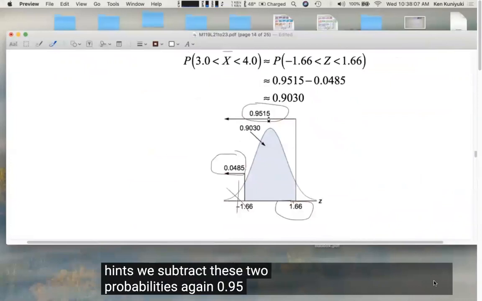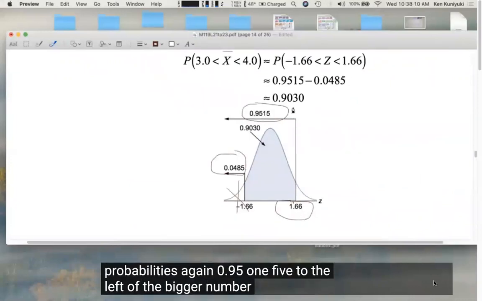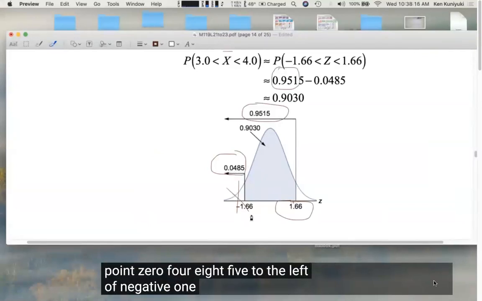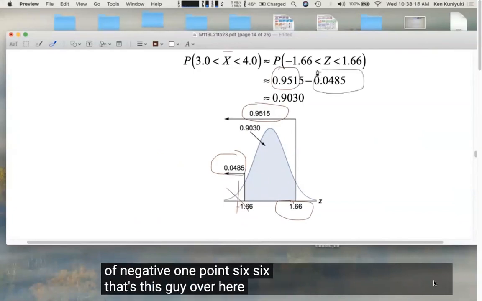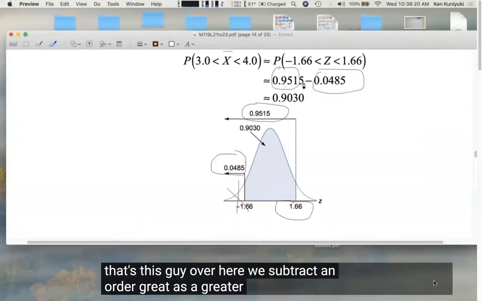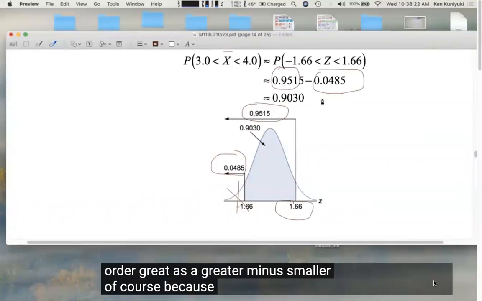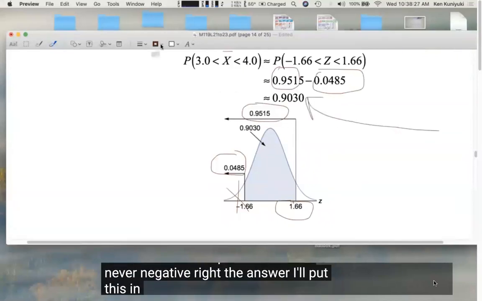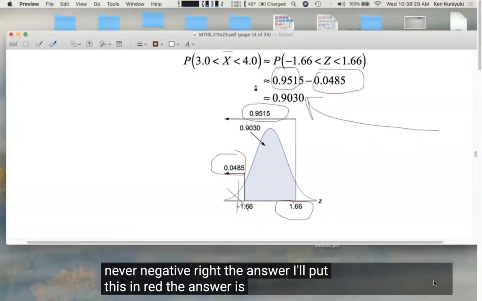Again, 0.9515 to the left of the bigger number over here. We subtract off the smaller probability, the 0.0485 to the left of negative 1.66. That's this guy over here. We subtract in order, greater minus smaller, of course, because probabilities are never negative, right? The answer, I'll put this in red. The answer is